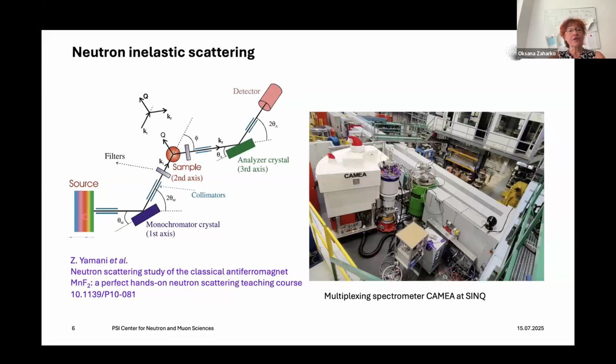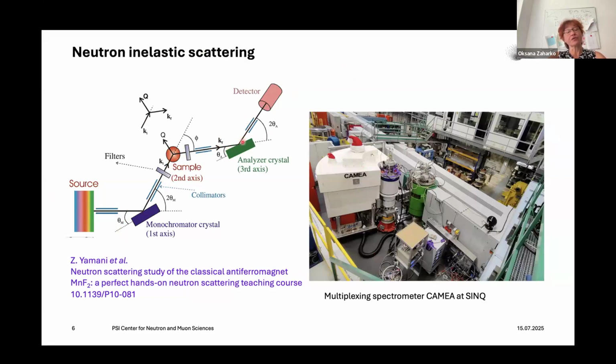And this is the setup of such an experiment. You have a sample, you pick up the neutrons which have a special Ki, so the incoming momentum. You pick up by another crystal also neutrons which have the momentum which you want, and you also detect the